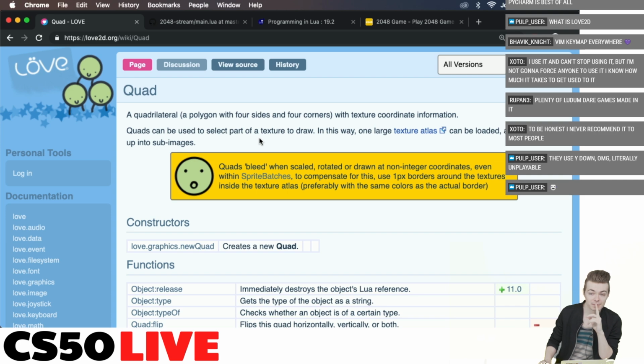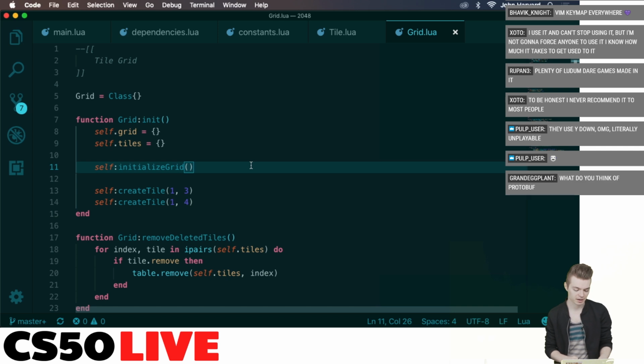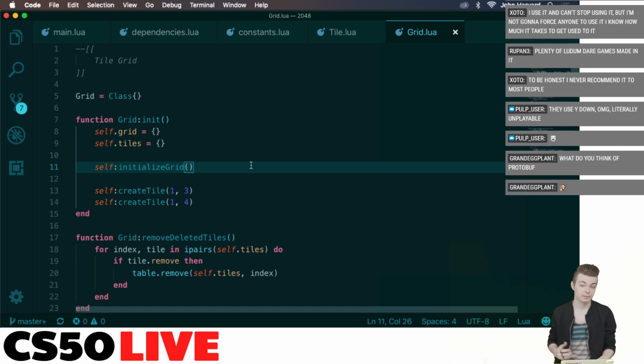Plenty of Ludum Dare games made in it. Yeah, that's the thing. It's such a good prototyping framework because of how easy it is. And it runs really fast for what it is. It's very lightweight. It's just a C++ binary with the Lua scripting layer. So it's really fast. I wouldn't go so far as to say native compiled code fast, but fast enough for pretty much any